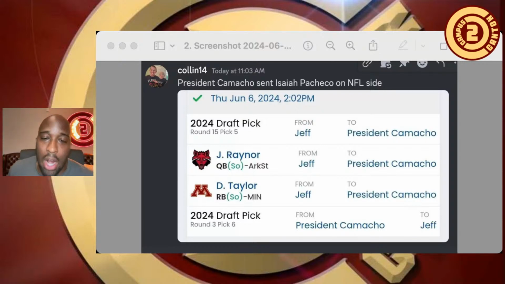That's all right. So how do I... I wish I knew which side you had on this, Colin, but I don't know who President Camacho is. So Darius Taylor, Jalen Raynor, and the 15th round. Jalen Raynor is replaceable. You got Jacob Zeno out there. You've got Josh Hoover at TCU. I just did a freshman draft review for PJ, a CFF guy. I mean, I like Jalen Raynor, but he is... I mean, even who's my man